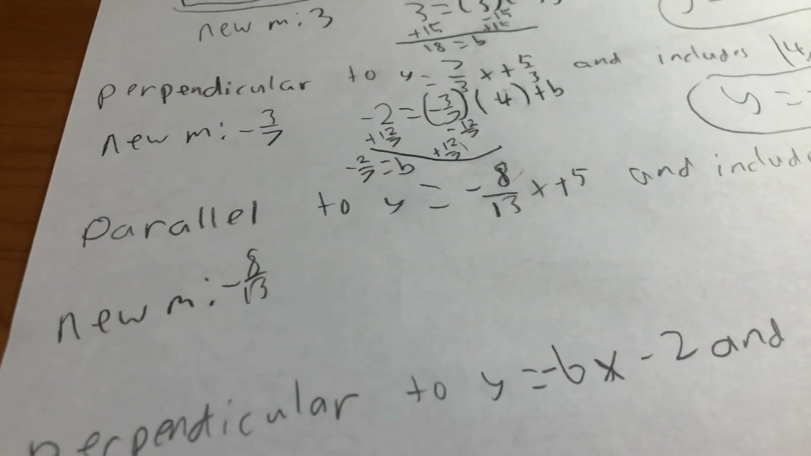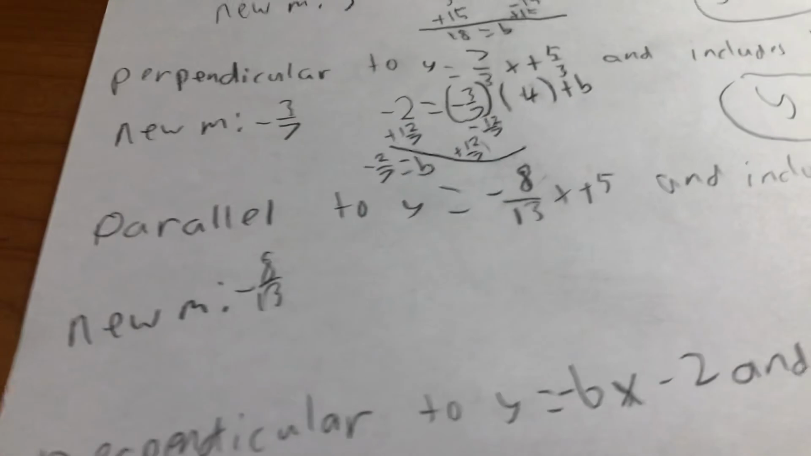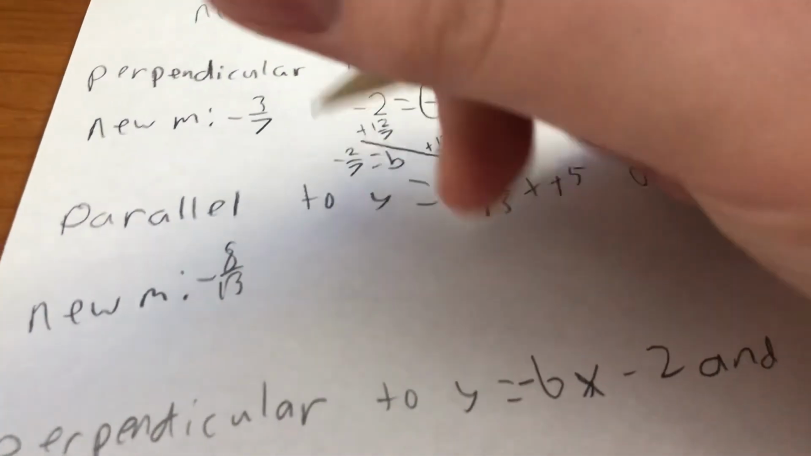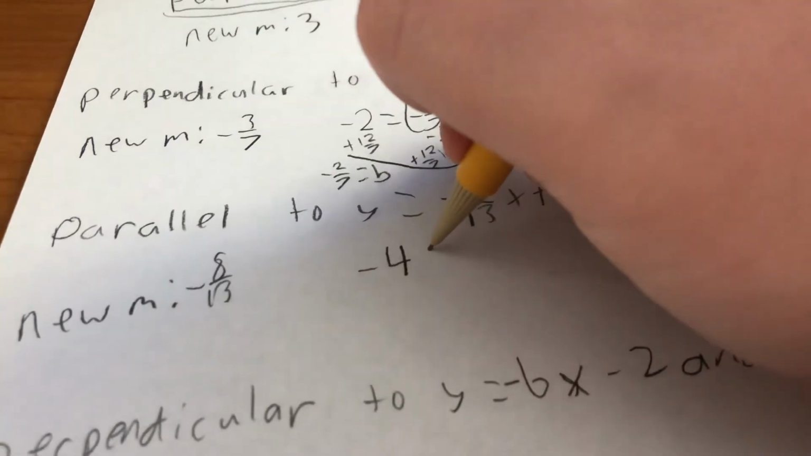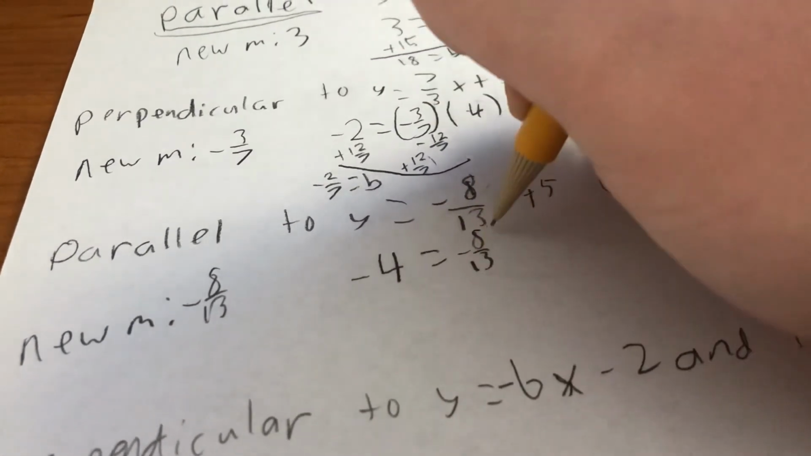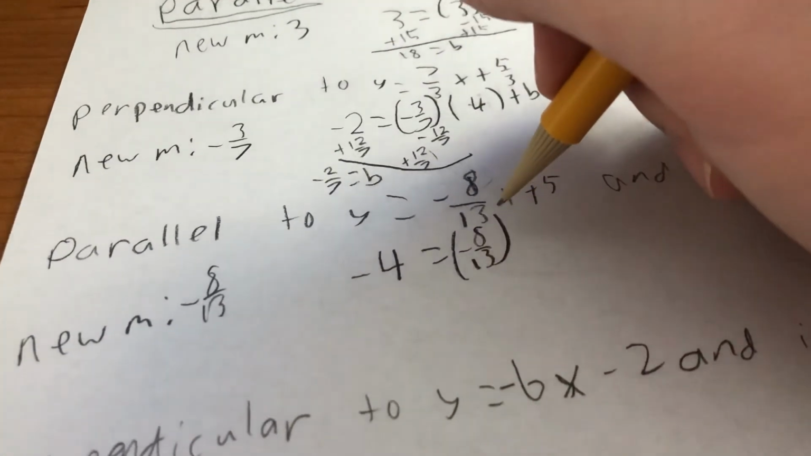Okay, so now we're going to move on to step number 2, and that is to calculate b. And we are going to have negative 4 equals negative 8 over 13. And then